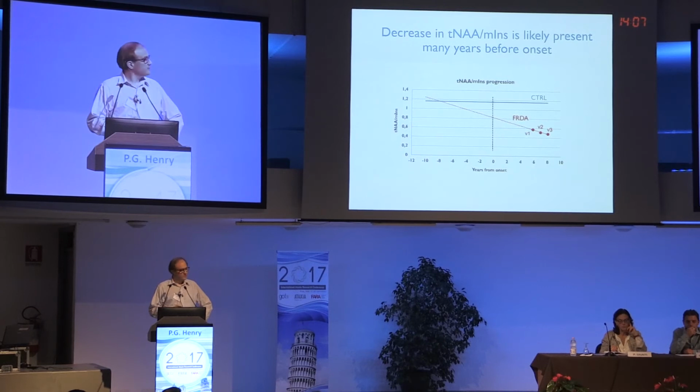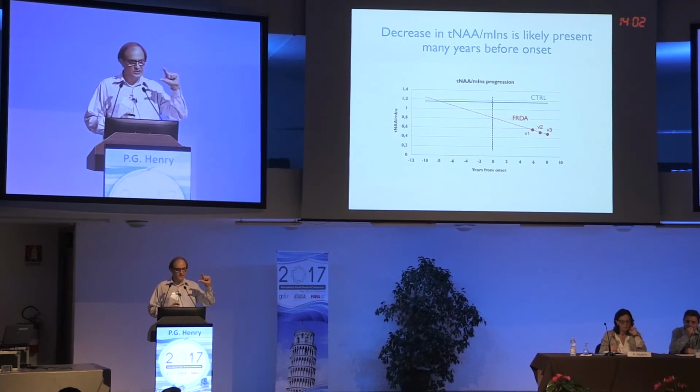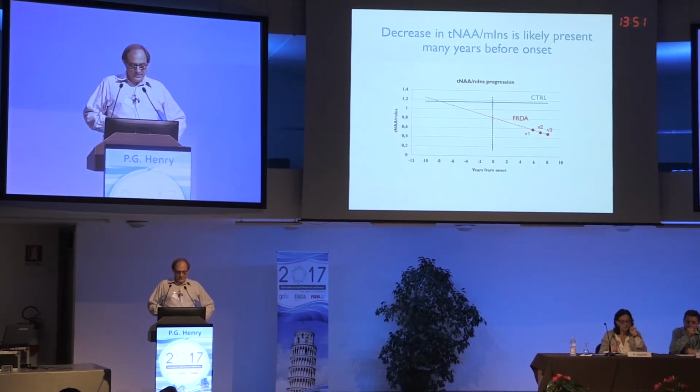So for spectroscopy, for example, if I extend the rate of progression, you see that at age of onset, there are already large differences between controls and patients. And extended in the past, with linear changes, it would be around 8 years before onset that we start seeing